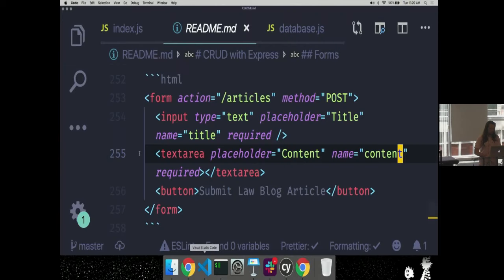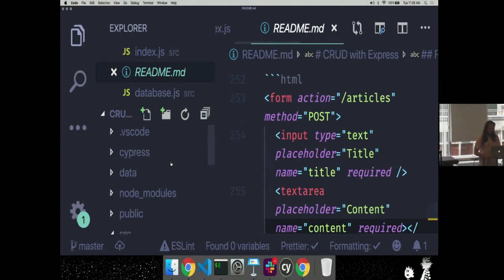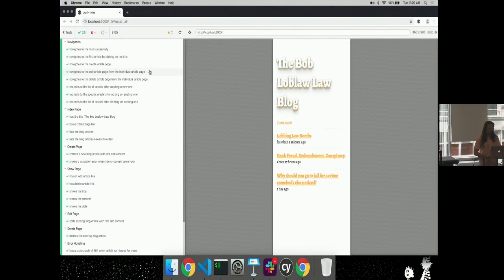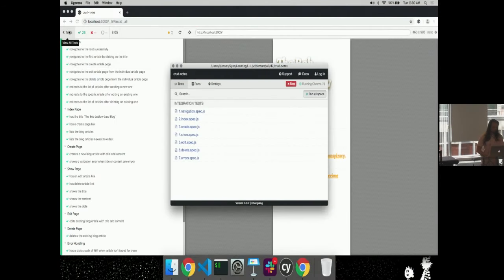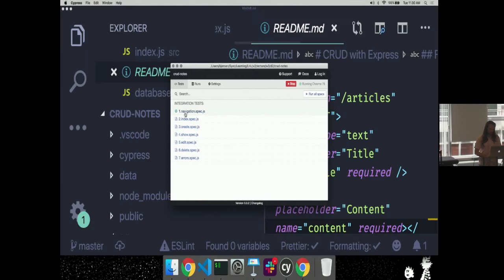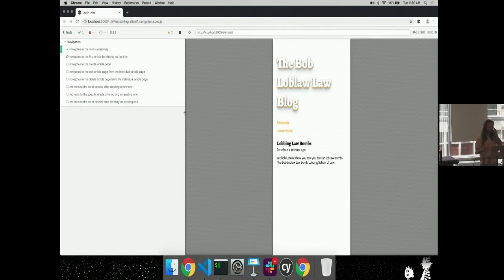every time I make a change to my tests, it will rerun these things. And I don't really want to run every single section of tests for everything. So what I'm going to do is I'm going to start with the navigation section, and I'm just going to run those tests only, and I'm going to try to get as many of those knocked out as I can first. So I can just click on navigation tests here. It'll reopen. And now it's just going to run the navigation tests over and over.